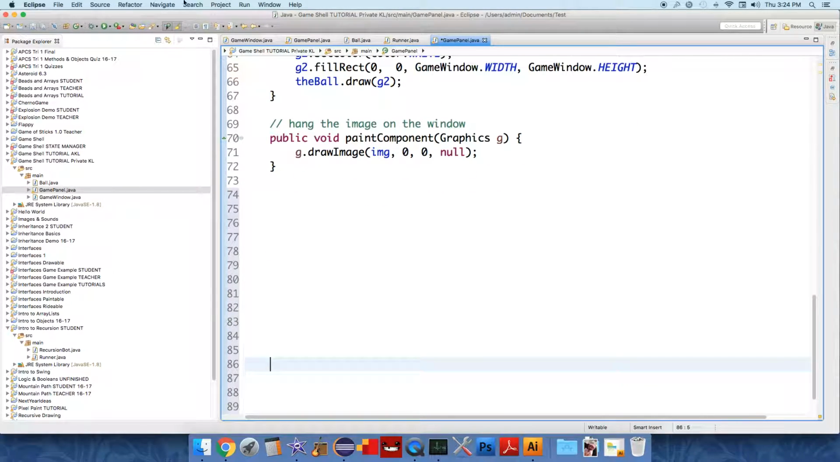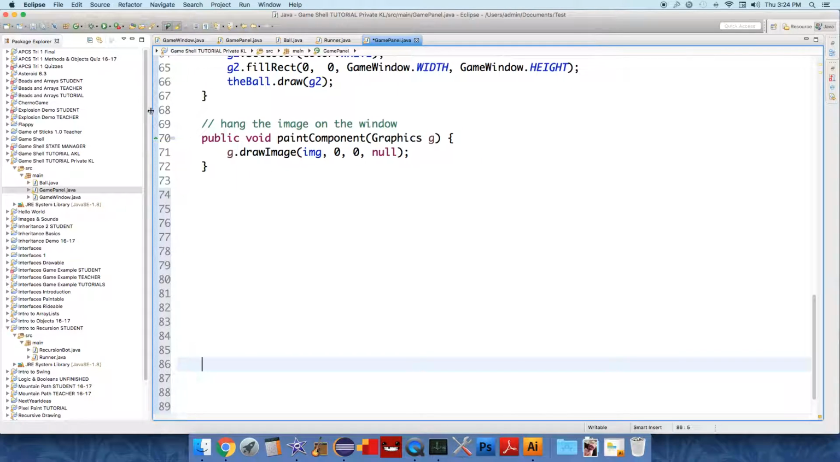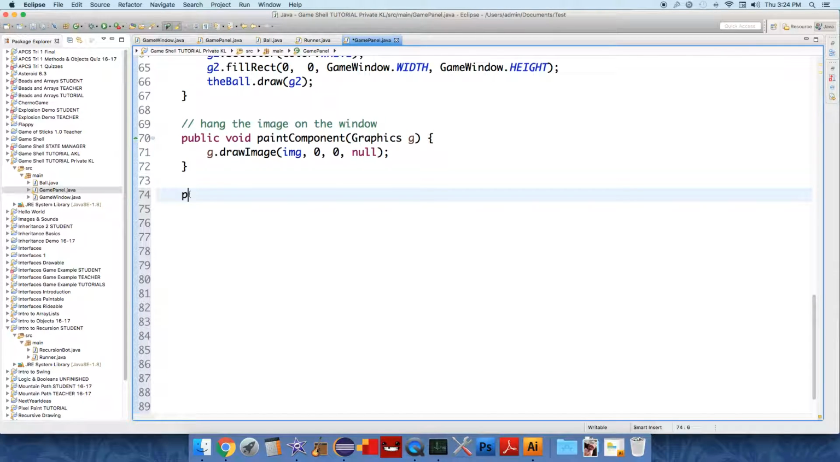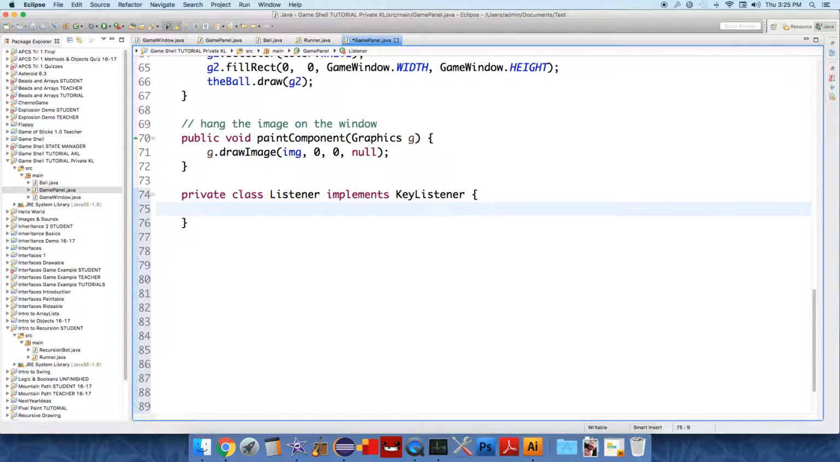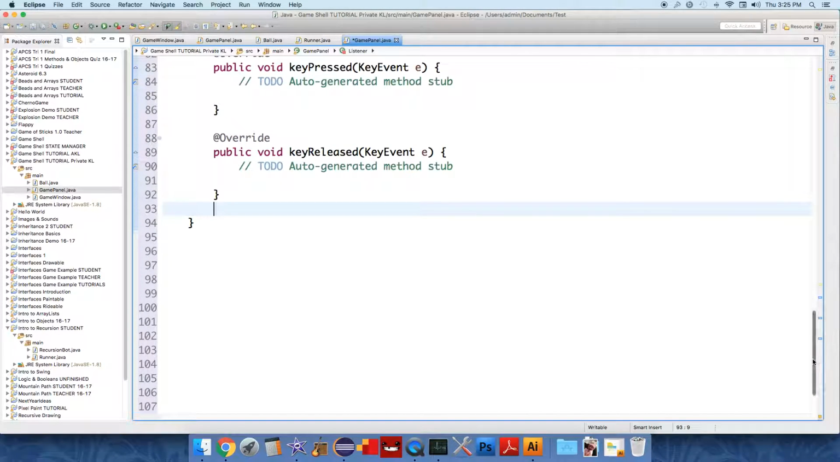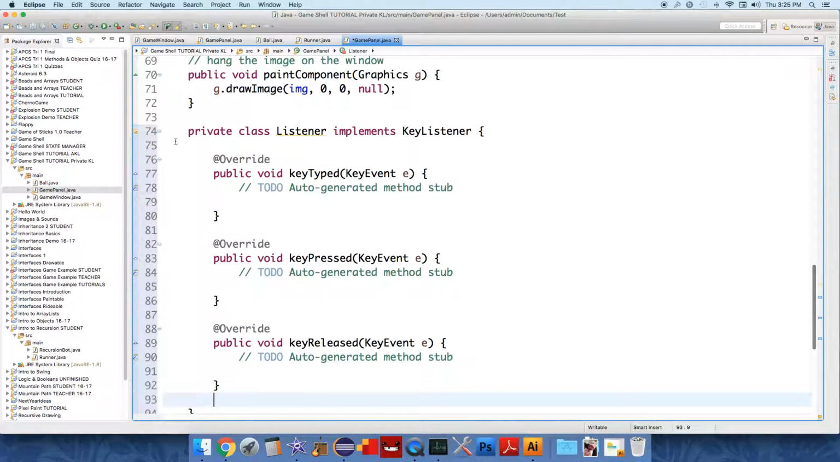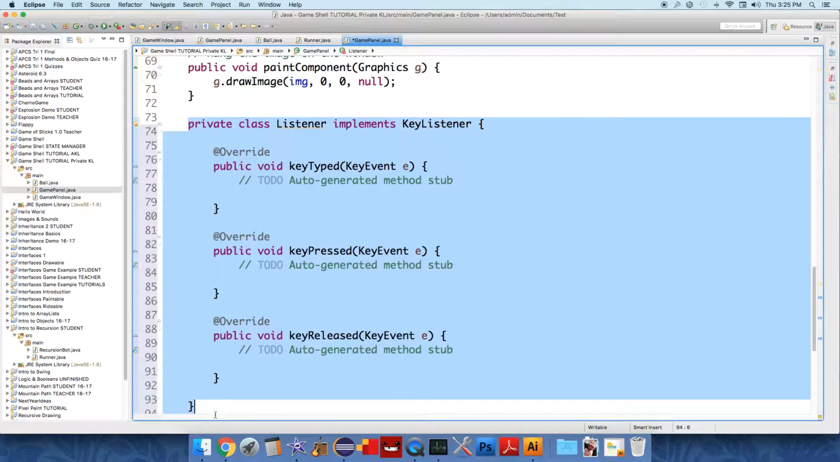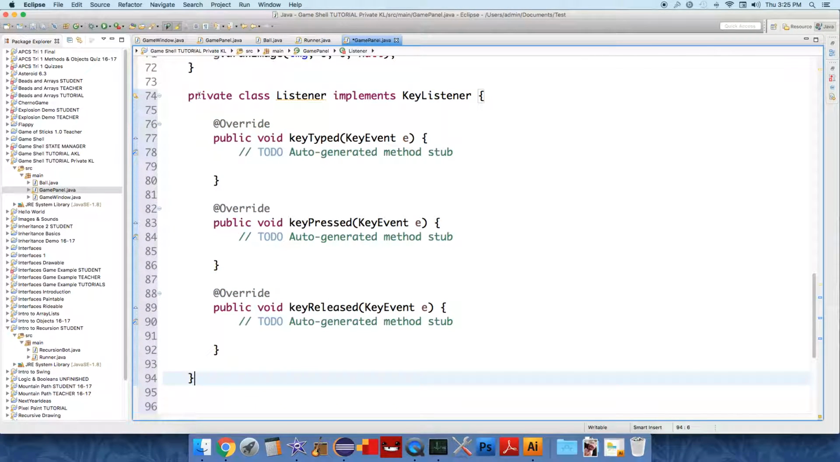Just hit return a bunch to give myself some space. And then we're going to create a private class we'll call Listener, and we're going to say this class implements the KeyListener interface, and as we did before, you have to add the unimplemented methods, and it'll be the same three methods. And so here, inside our public class called GamePanel, we have a private class